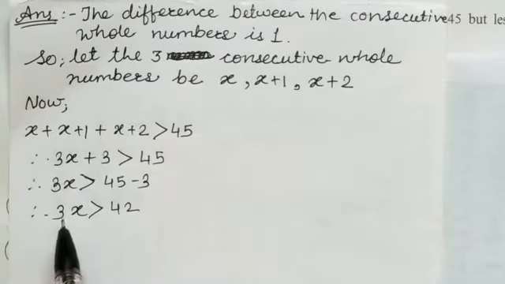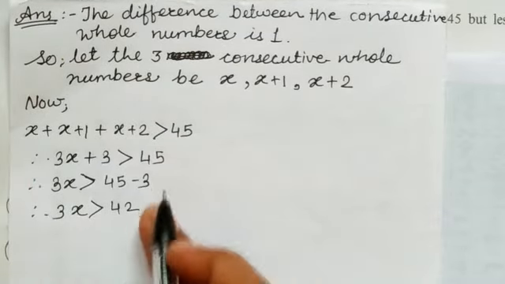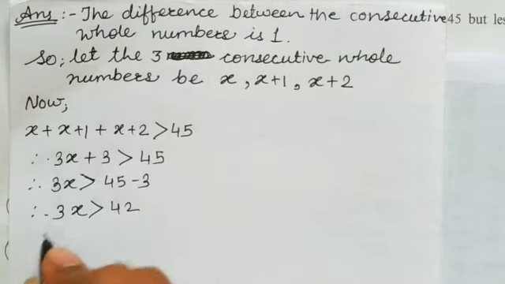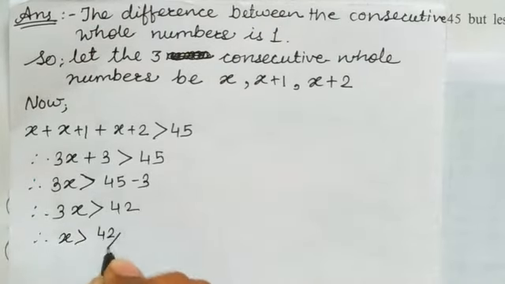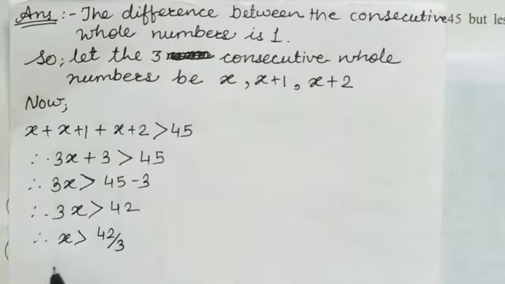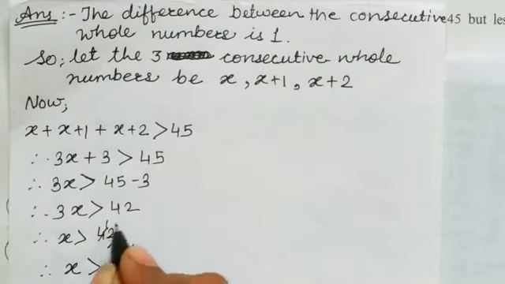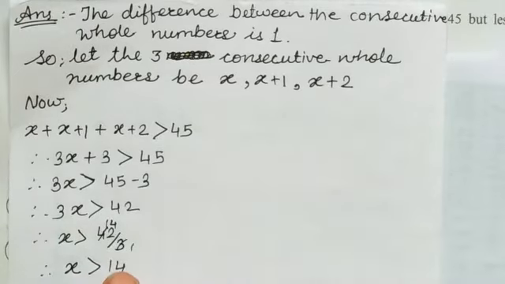Now this 3 is multiplying to the x. So we will send it to the opposite side and divide it. Therefore, x greater than 42 divided by 3. The answer will be x will be greater than 14. 3 ones are 3, 3 fours are 12. So the answer will be